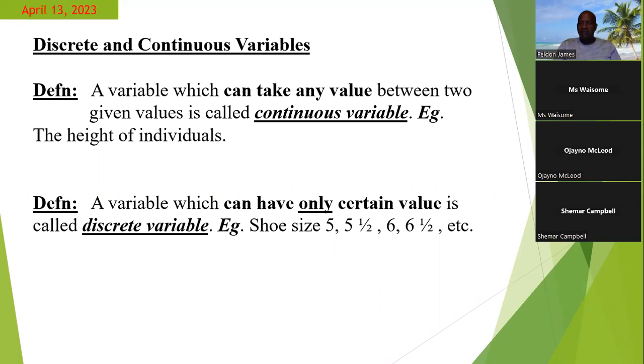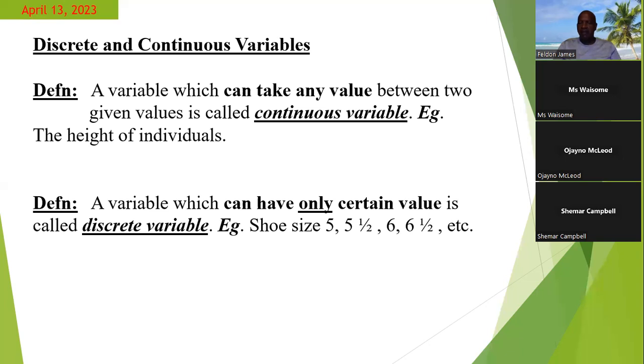You can get infinitely many fractions between 6 and 7. So those values are continuous, in that you can take any reading between them, infinitely many readings between those. Now, as opposed to discrete values,